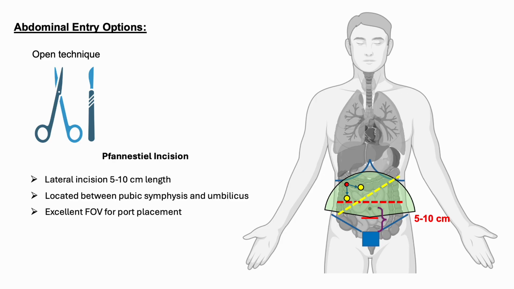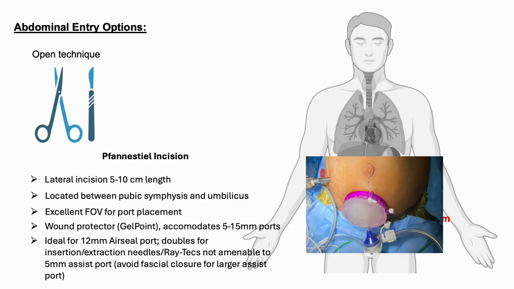So the Pfannenstiel entry is excellent because when you place the camera through there for subsequent port placement, it really shows you all the anatomic landmarks for triangulation. The other reason I really like it is, as shown in this picture here, you can place a gel point. This is a medium-sized gel point, and through that gel point, you have the freedom to place several different types of ports. I like to place a 12 millimeter AirSeal port through there because I think there's certain advantages